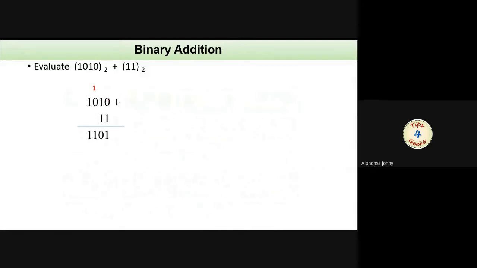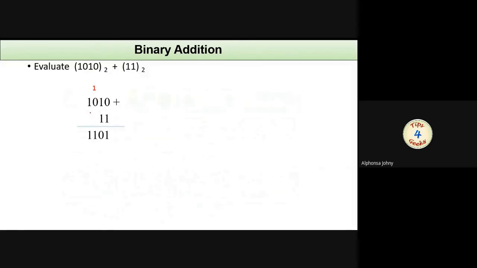So what is 0 plus 1? 0 plus 1, the answer is 1 and there is no carry. We have written the result over here. Next, we will add these two ones. 1 plus 1, answer is 0 with a carry 1. That carry 1 is written in red color over the top. It is forwarded to the next higher bit position. I will tell it again: 1 plus 1 equal to 0 with the carry 1, and it is forwarded to the next higher bit position. So we have to add, there is no bit, so this 1 plus 0. 1 plus 0 is 1 without any carry.